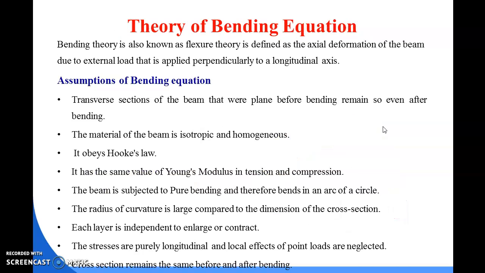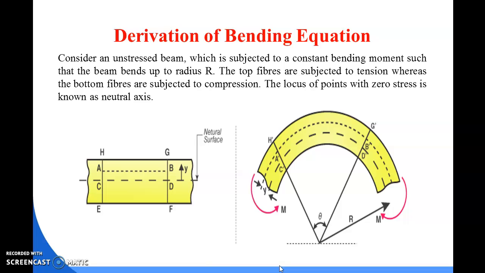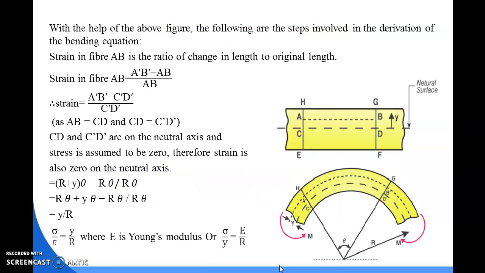And in the assumptions of the bending equation, we see the cross section remains the same before and after bending. That means if the cross section is the same, then the neutral axis is also the same. So we can say the value of CD, which is the length of the neutral axis, remains equal after bending also. After bending, the neutral axis is denoted as C dash D dash. Hence, according to the assumptions, we can say the CD value is equal to the C dash D dash value. So by putting this value, CD